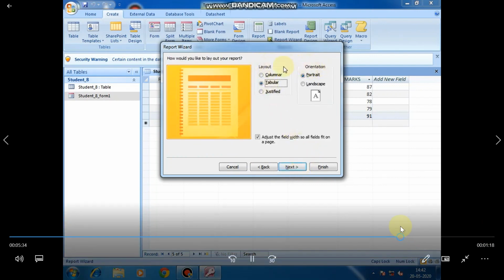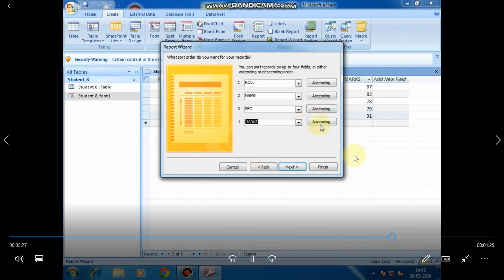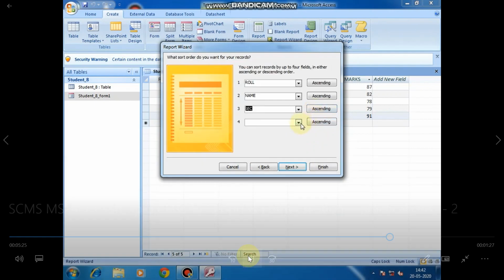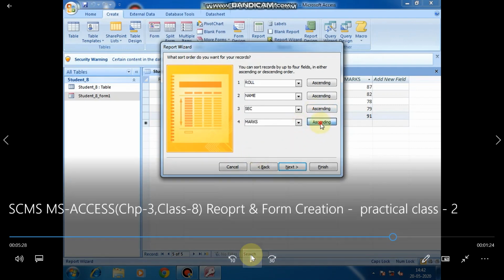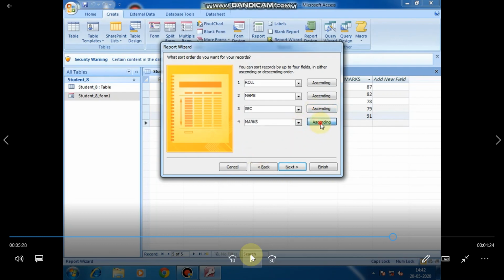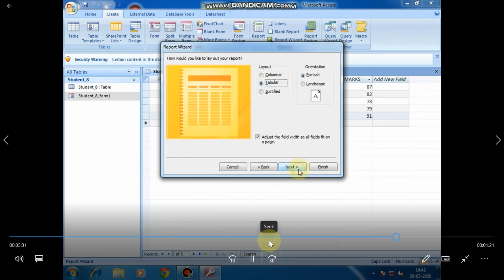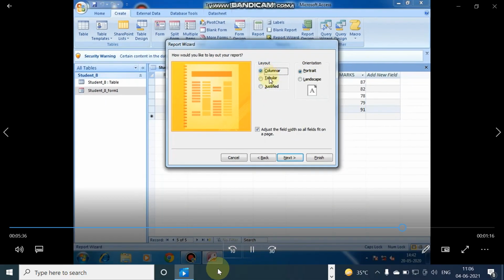So student, you can see this part I'm showing you again. You need to select this part that I'm just showing you again. Just 1 minute, student. In the third step of the report wizard, you can set the particular fields and the sorted option. That means in the report you need to select all the fields in the sorted form. And now you click on descending. The next part, you select the layout of the report, students, and you can set it.